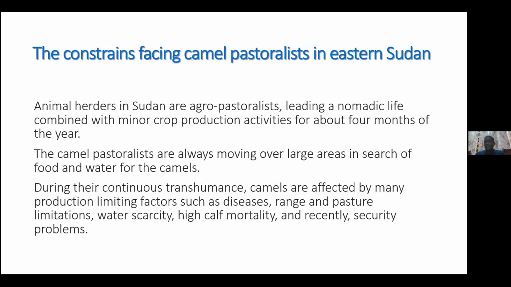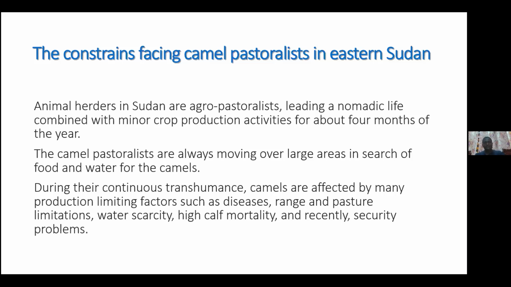The constraints facing the camel pastoralists in Eastern Sudan: we have many constraints facing the pastoralists and camel owners in Eastern Sudan. In the case study, the animal herders in Sudan are agro-pastoralists, just the pastoralists in Eastern Sudan leading a nomadic life combined with minor crop production activities for about 4 months of the year. The camel pastoralists are always moving over a large area in search of food and water for the camel. During their continuous transhumance, the camels are affected by many production-limiting factors,